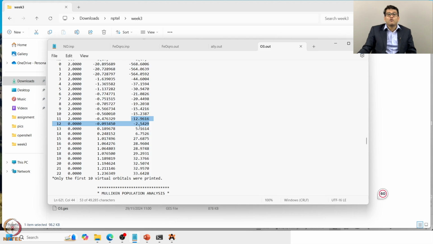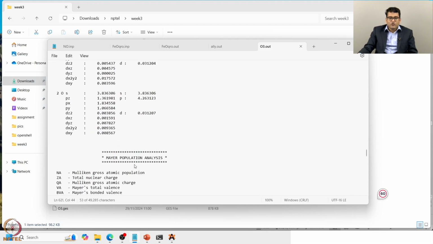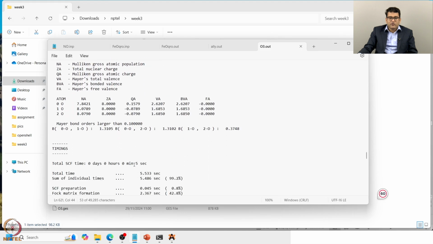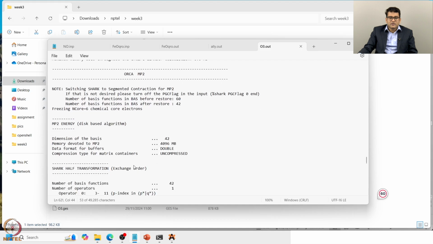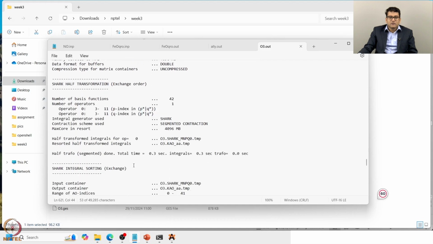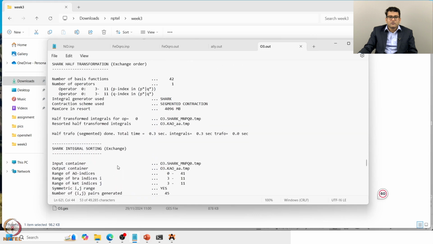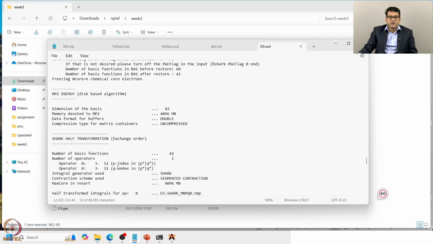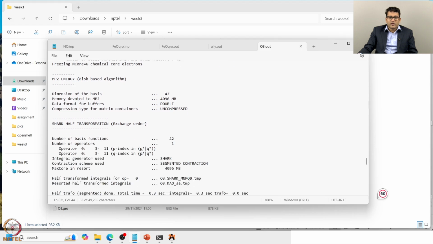I am not saying that the LUMO can never be negative, but in most cases if your LUMO is negative, it tells there is some kind of problem in your Hartree-Fock calculation. Now, in case of ozone, the total number of electrons is 24 and in total you have 6 core orbitals. So, somewhere it has written how many orbitals, 6 electrons are chemical core. So, they are frozen,